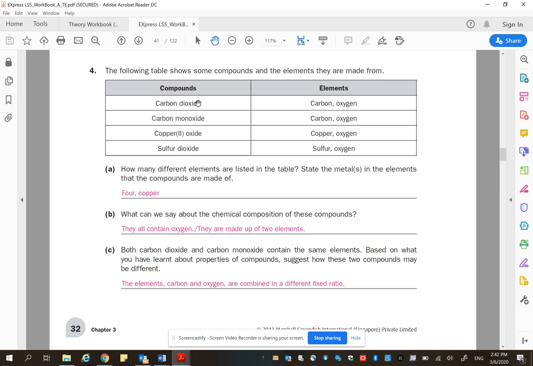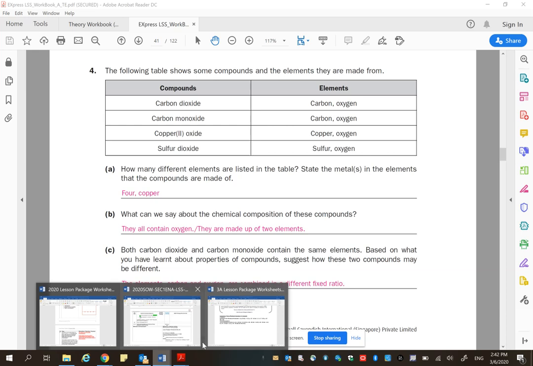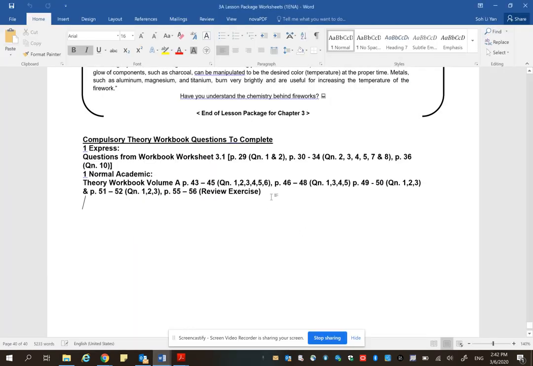It's because carbon dioxide will be CO2. The formula is you must have one carbon and two oxygen. So it's actually CO2. Okay, let me type it out here. Carbon dioxide is actually CO2. Can you see a 2 here? So it contains carbon and oxygen, but with the 2, I need to have 2 oxygen. Whereas for carbon monoxide, it also contains carbon and oxygen, but in this case, I only got one